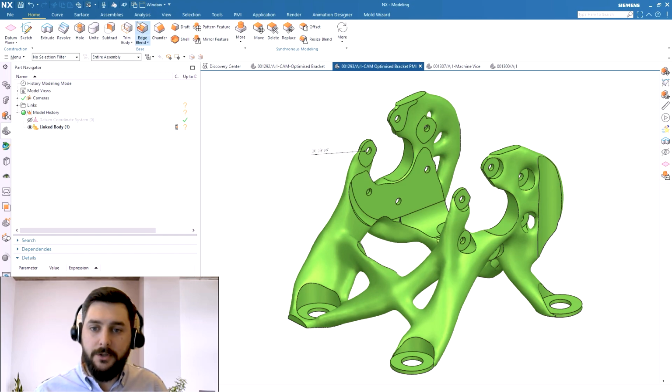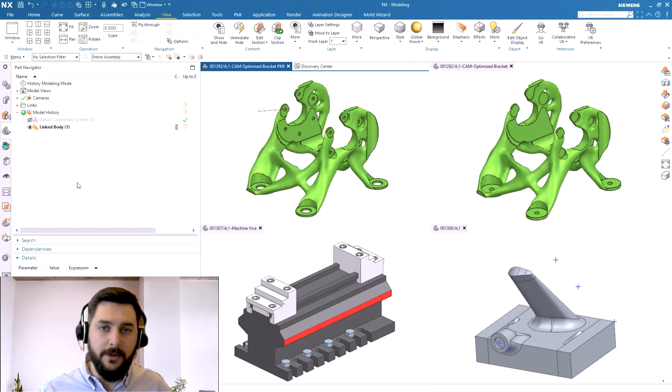Let me change the view to show you all the components I'll be using for the final machining within NX CAM. We have the design part. This is what we'll be machining to. Here is the condition of supply part, which Ashley de-featured in the AM application, and this is the part we'll be machining. We've got the standard vice fixture for the machine tool, and we've also got this custom fixturing to